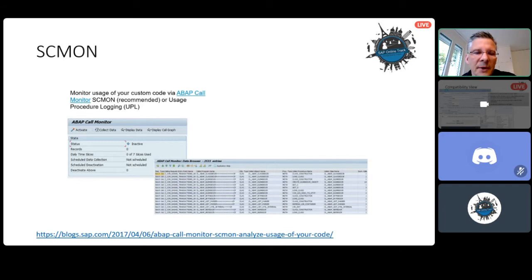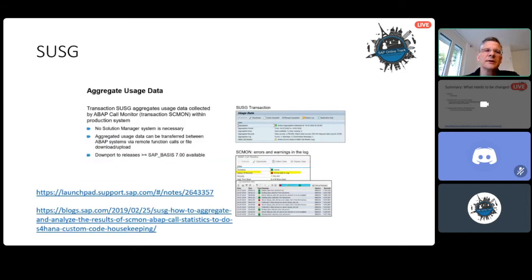And it will create a lot of data because it collects a lot of data on your machine. But I think it's a very good thing, very stable. It's also available for most of the ECC releases already. If the SCMON transaction is not in your system, you can also use the UPL. I will show that later. But SCMON is the state-of-the-art tool to record the usage, and the SUSG transaction is used